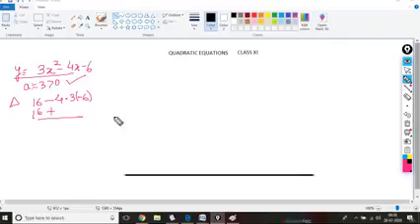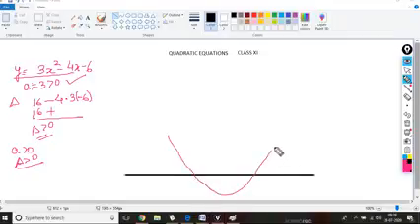We'll come to negative deltas also. First of all, let us do positive deltas. So delta is greater than 0. For this expression, we have a greater than 0 and delta greater than 0. It's not equal to 0. So we know the graph of this expression will be like this. And what are these 2 points? These 2 points are the roots.